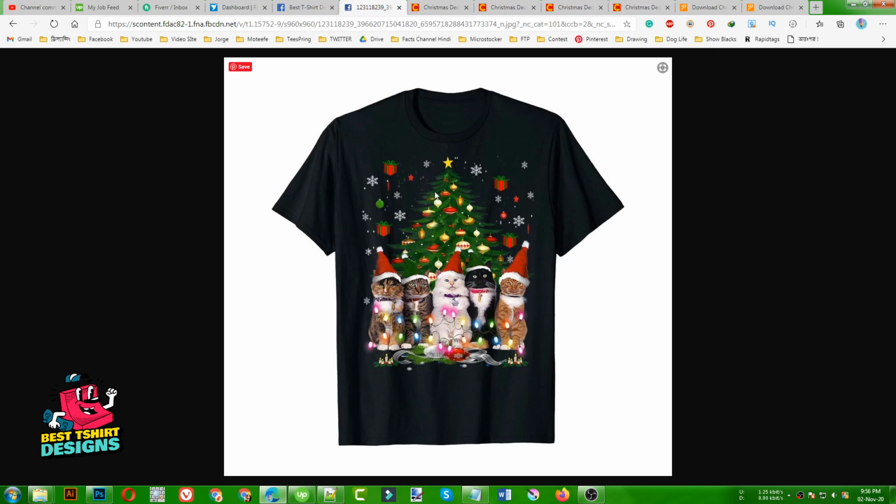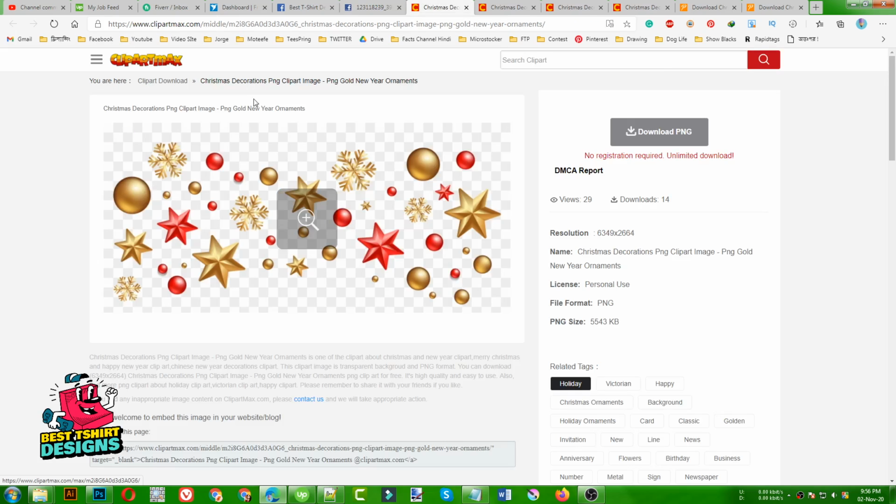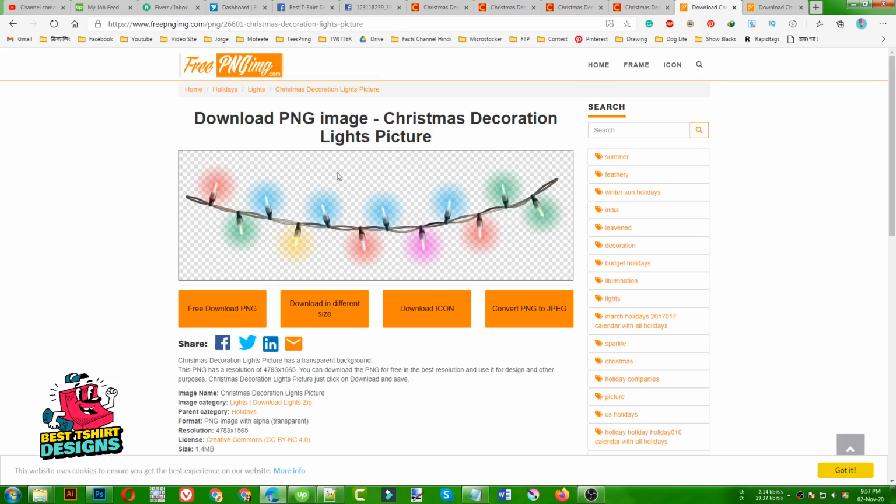For making this kind of design, we actually need to work in Photoshop. And we need some elements like this, like the lights here, the Christmas tree, the cats. So you can search, like, this is a website I am using to search for images. Here you can see clipartmax.com. This is a good website. And also this is another website called